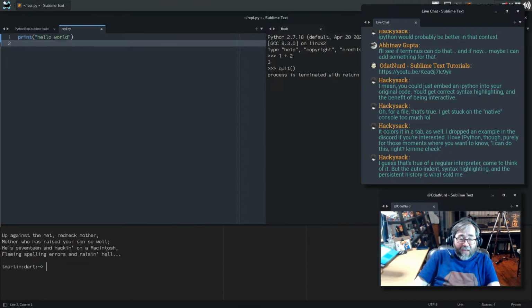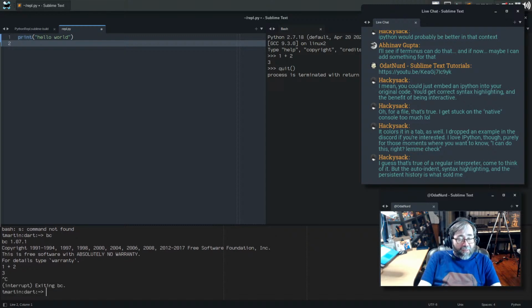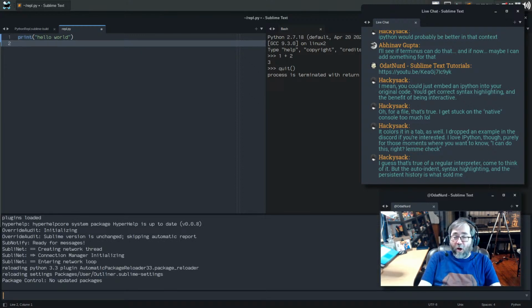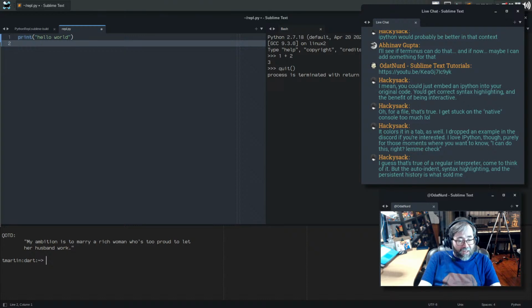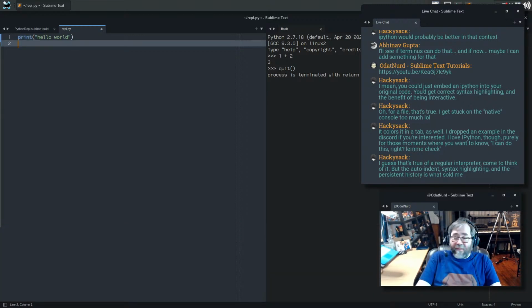But I love the idea of having Terminus, to have this terminal to run a quick command or add a few numbers together if I want to do something like that, some sort of complicated thing. Run Python to run a quick little script, although all else being equal, I would probably use the Sublime console for that unless I was using a specific library, or running Node and testing a quick little idea for something as I'm working on it and then going back to stuff. So in that regard, I'm totally with you on IPython and how that works.